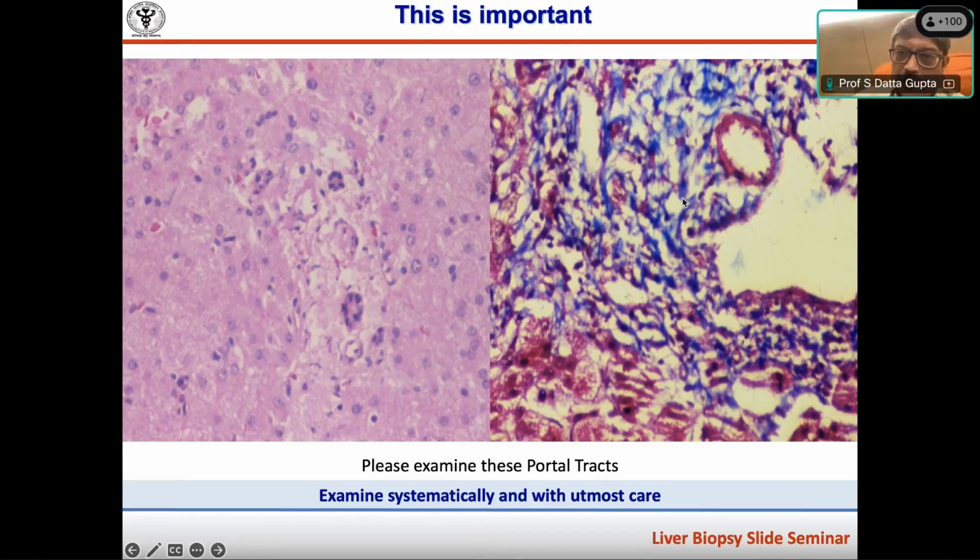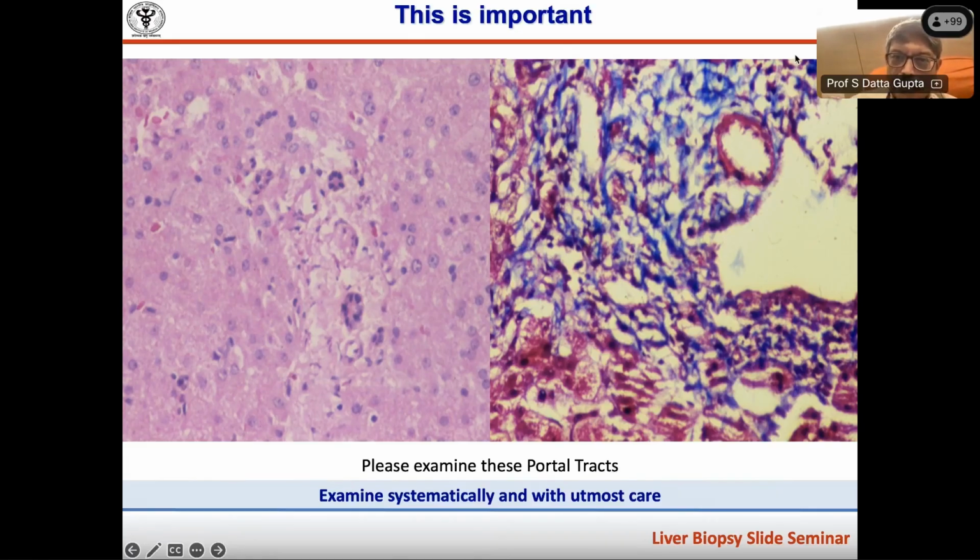Supposing someone says this case has a lot of cholestasis, this and that, then this might be part of a disease where there are vanishing bile ducts, PSC, whatever it is. You have to see the other parts of the liver and so on. So the bottom line is you must examine systematically with utmost care. All PGs,